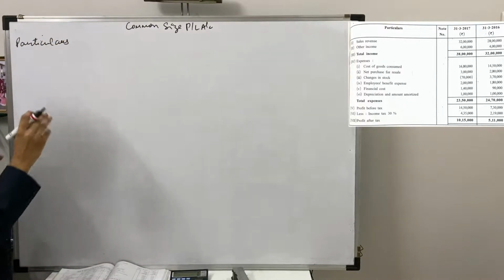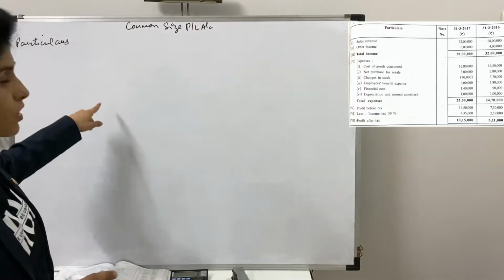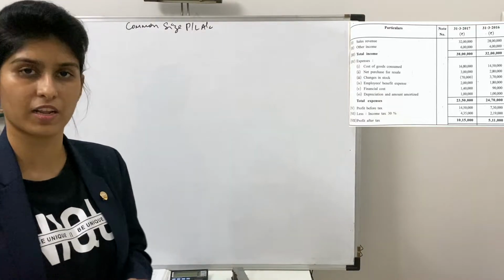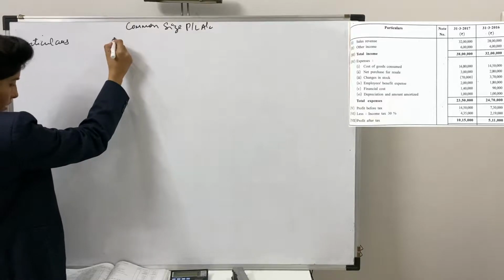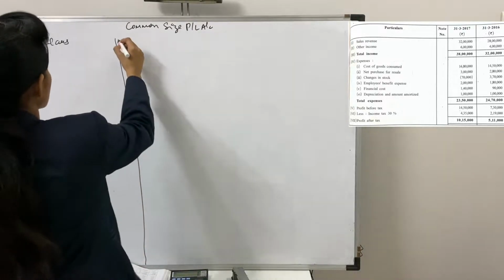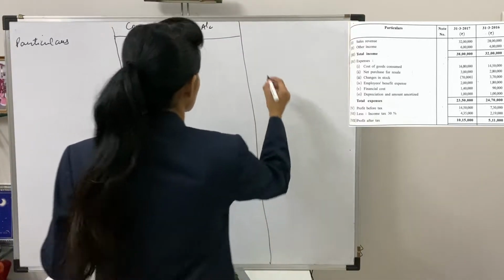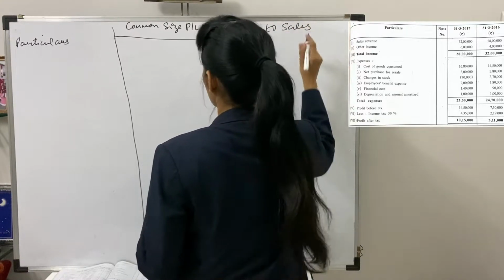Now if you see in the question that you require more working notes, you can prepare a second column of working note, but as this question is very easy, you don't have to prepare any working note. So we'll not prepare the second column, working note number 1. Next, the next column is your amount. And the third column is your percentage to sales. Or you can even write just percentage.